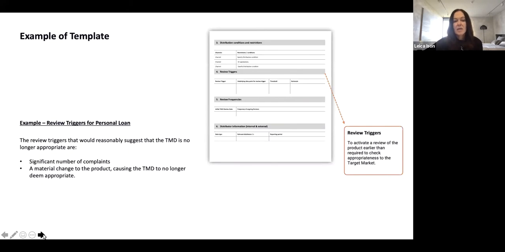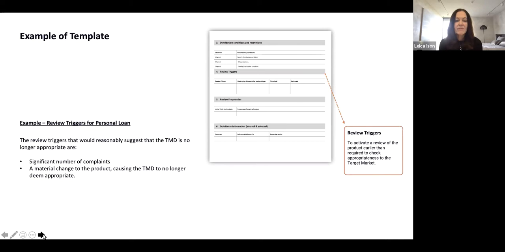Now, the next area we're seeing some challenges is around these review triggers. As I mentioned, I actually think these review triggers are a fantastic tool for product managers, just to get you on the front foot so you're more proactive around your product strategy. The challenge is, how do we set those effectively across our product portfolios?